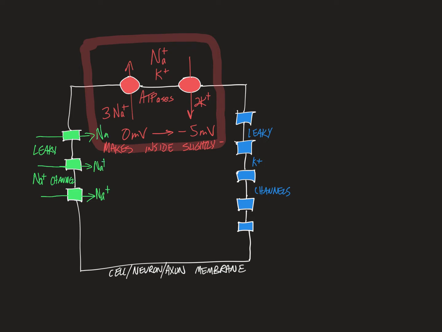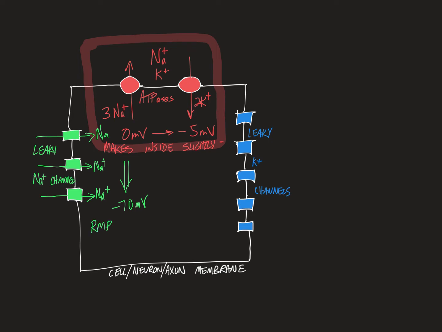Now, these leak less than the potassium. All right. There's more potassium channels, and they let more potassium go out. But the leaking in of a little bit of sodium is what tends to drive the inside of the cell down to -70 millivolts. All right. And that's the resting membrane potential,